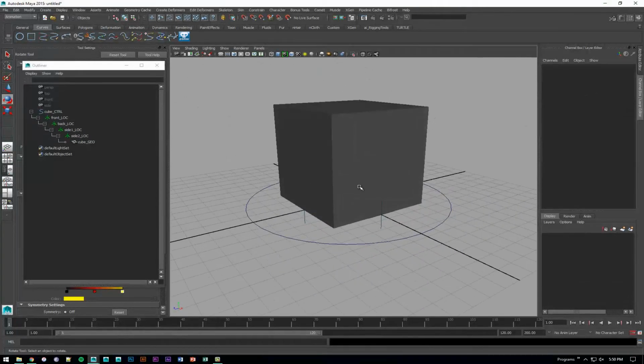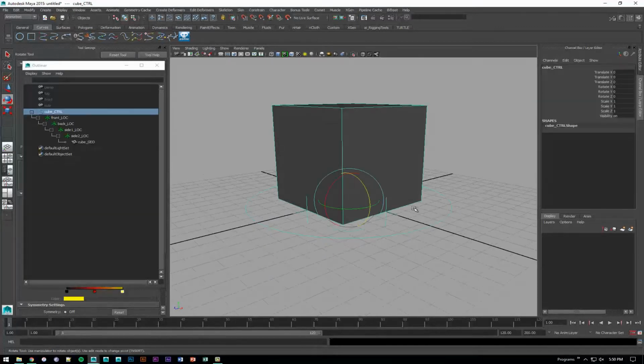Functionally, this rig is ready to go, but it's not quite ready for me to call it finished overall because I don't want my animators selecting locators and rotating to make the object tilt. The only thing the animator should be able to select is controllers. So I'm going to select this controller